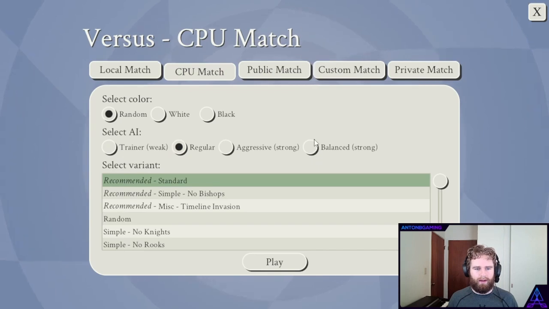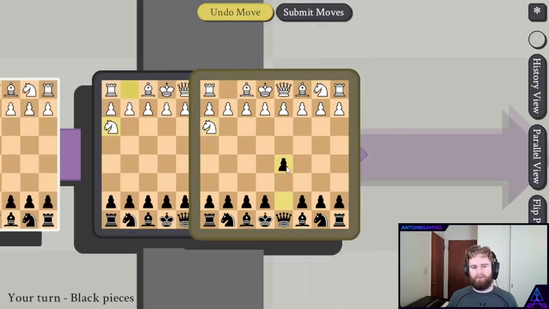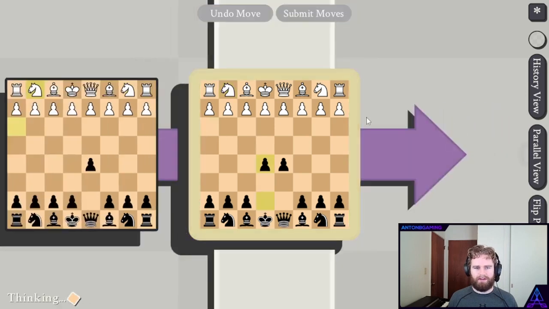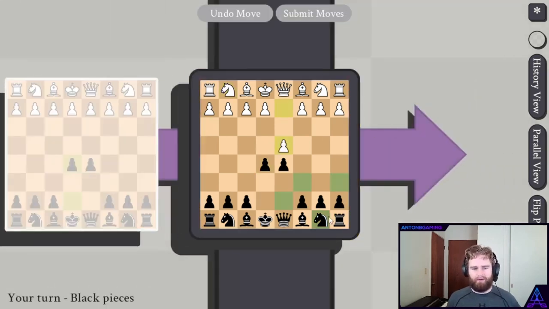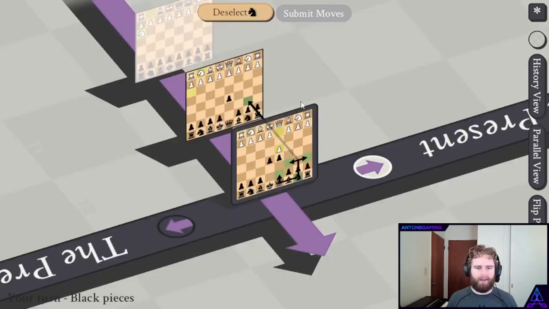Let's try the regular AI. So I have to remember that there are more axes to attack and be attacked on. Leaving open a king's diagonal could be fine in the X and Y axis, but along the time X and Y axis, it could be an issue. So I want to leave this vulnerability because later I can use this bishop to attack the king multiple times in the same timeline. I can move normally, or I can have already moved here. So if I do this, I will in the future already have moved there.